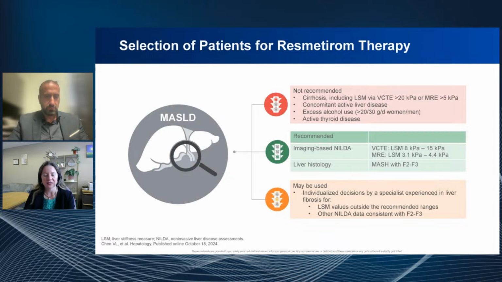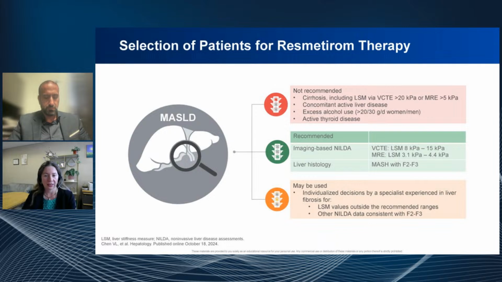What does that mean? Any sign of cirrhosis on cross-sectional imaging, so evidence of nodular liver, enlarged spleen, or any portosystemic collaterals or portal hypertension. If we do have elastography measures, there are some cutoffs that are really nicely outlined in the most recent guidance from AASLD, and those are 20 kilopascals by FibroScan or VCTE